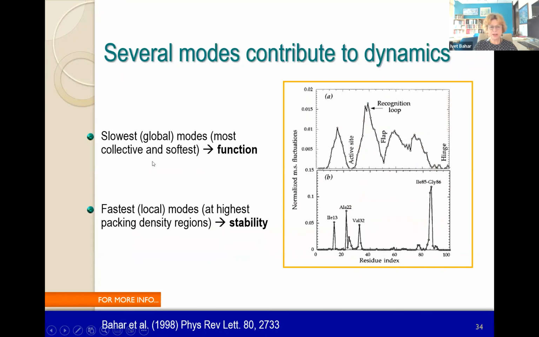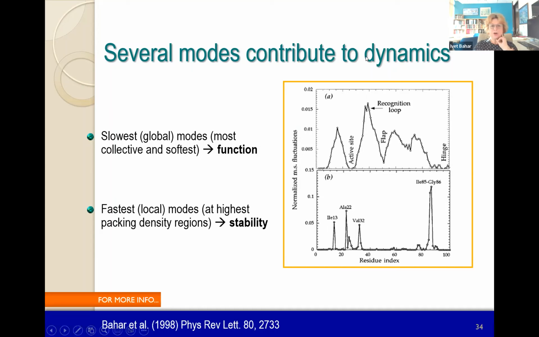We have done that, for example, here for HIV protease. When you do the slowest modes, which are those with smallest eigenvalue, they're going to give you eigenvectors, the mode shape, that is very smooth as a function of residue index. You will have minima and maxima in a more distributed way. These are the square fluctuations driven by the slow modes. In the case of fast modes or high frequency modes, you have peaks like that. And those peaks refer to the regions that are most important for stability. Usually these are at the folding nuclei,